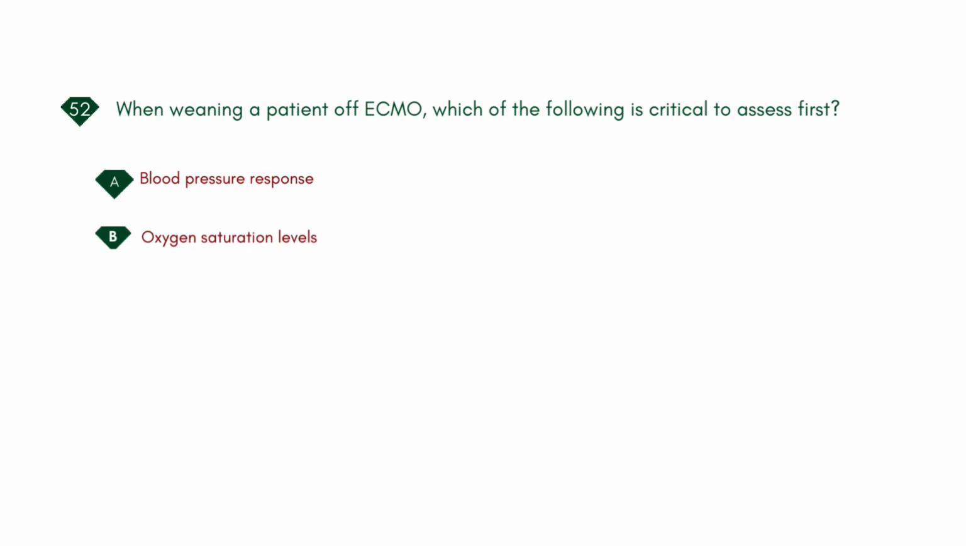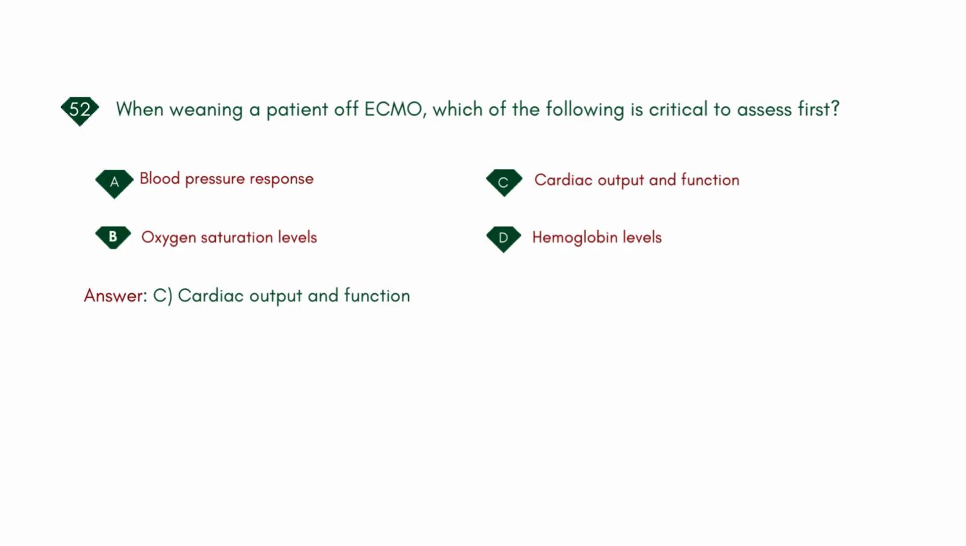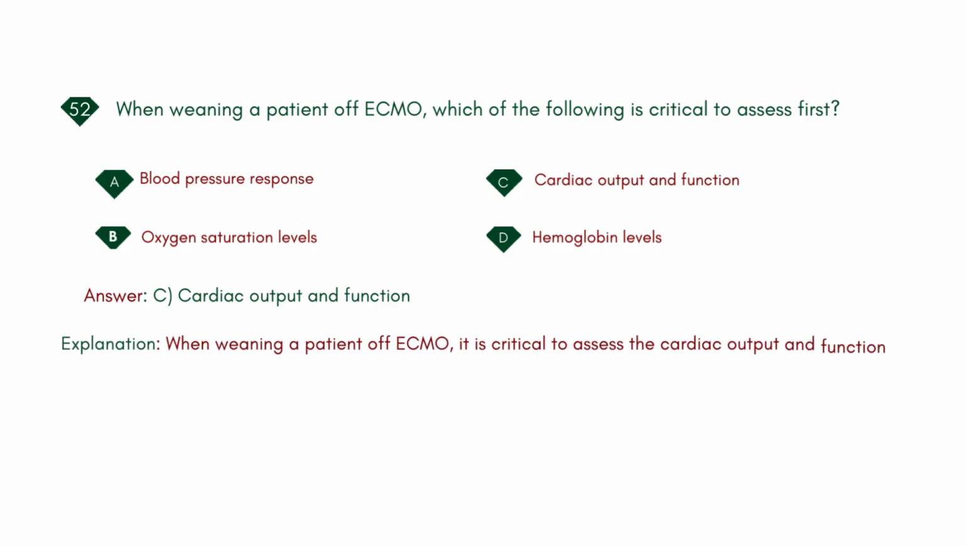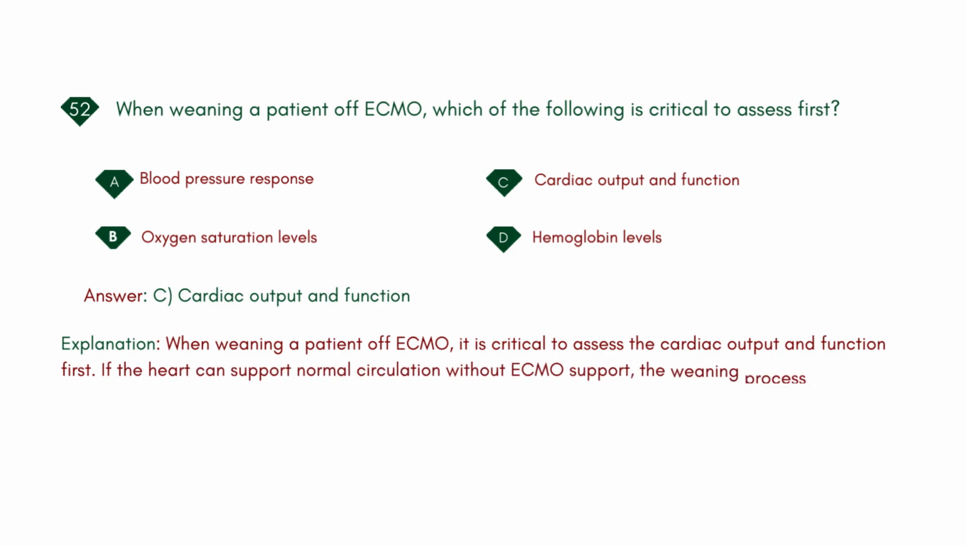When weaning a patient off ECMO, which of the following is critical to assess first? A. Blood pressure response. B. Oxygen saturation levels. C. Cardiac output and function. D. Hemoglobin levels. Answer: C. Cardiac output and function. Explanation: when weaning a patient off ECMO, it is critical to assess the cardiac output and